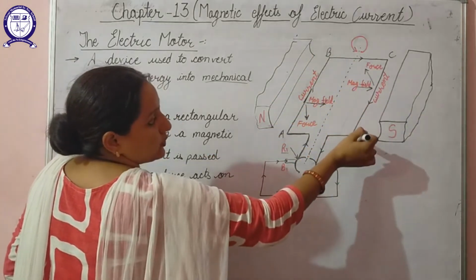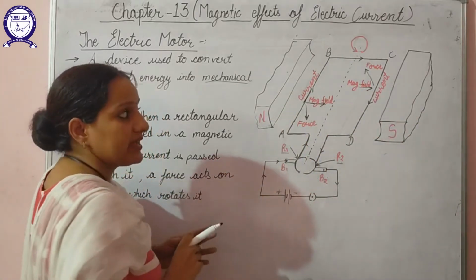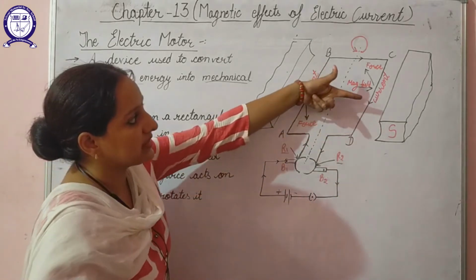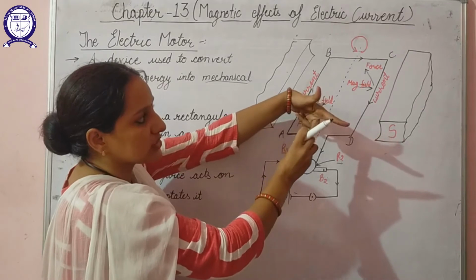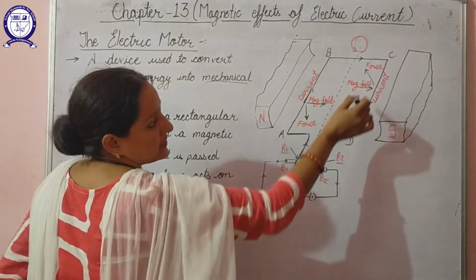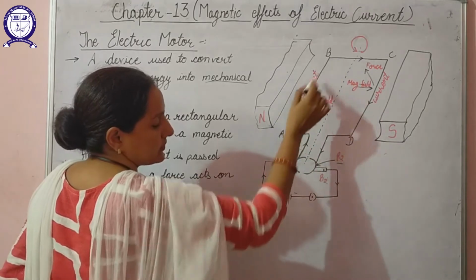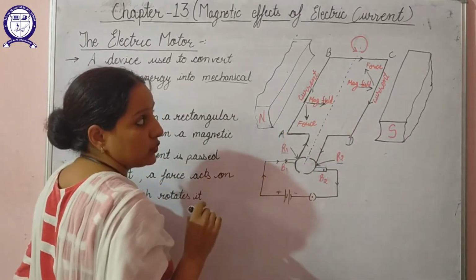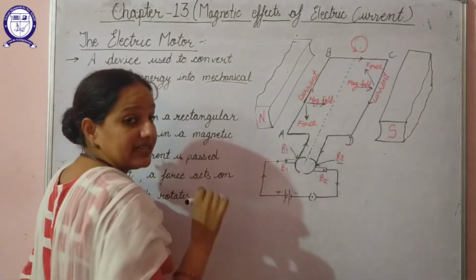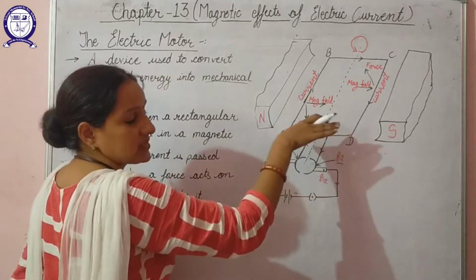And if we talk about the portion CD, here the direction of current is downwards and the field is in this direction. So by applying Fleming's left hand rule, that is, this finger aligns in the direction of magnetic field and this finger is in the direction of current, the force is acting in the upwards direction. So the force acting on portion CD of this rectangular coil is upwards, and the force on AB is downwards, because of which the coil will start to rotate in anti-clockwise direction. When the coil starts its rotation, initially it was in the horizontal position.